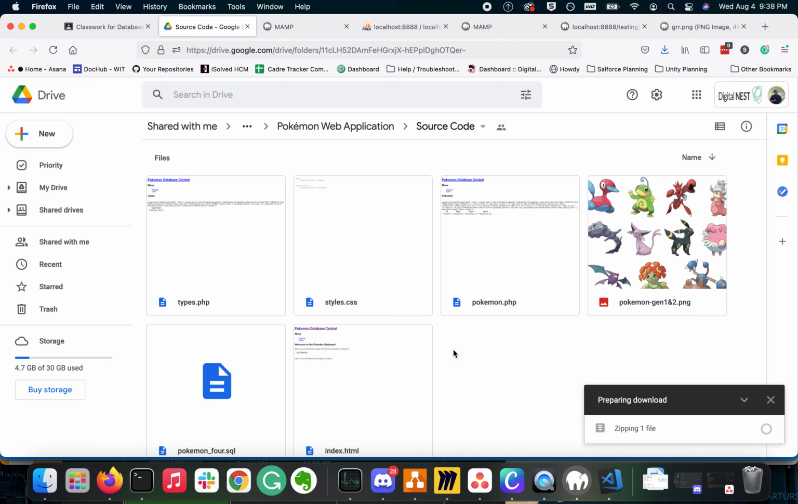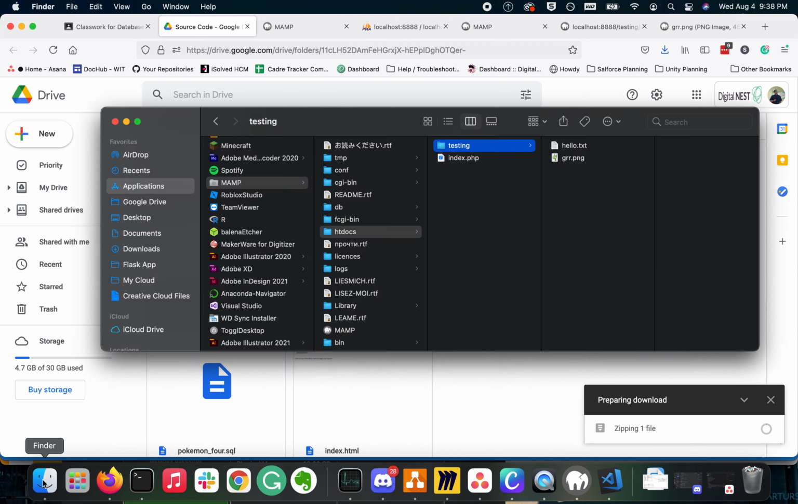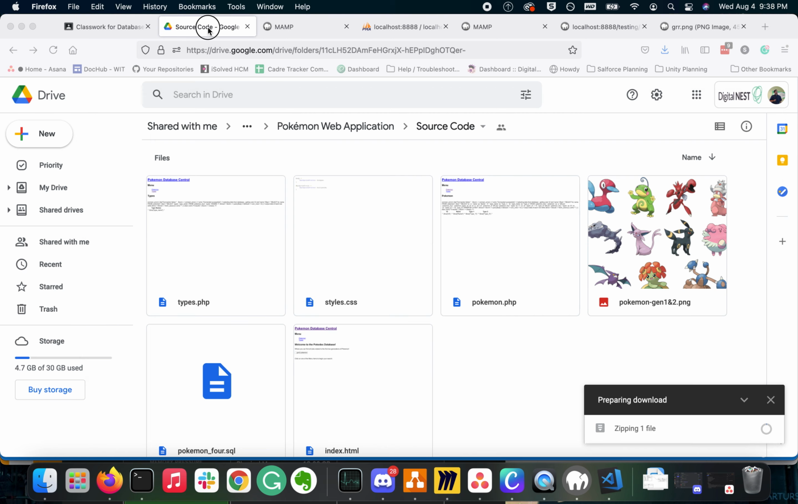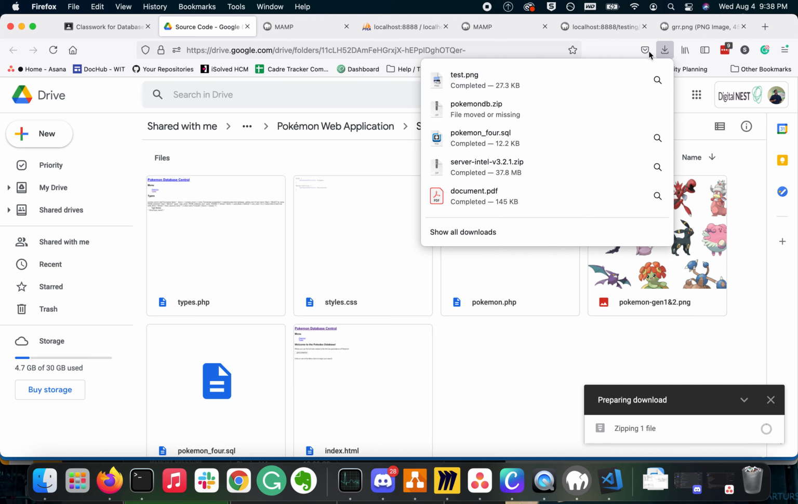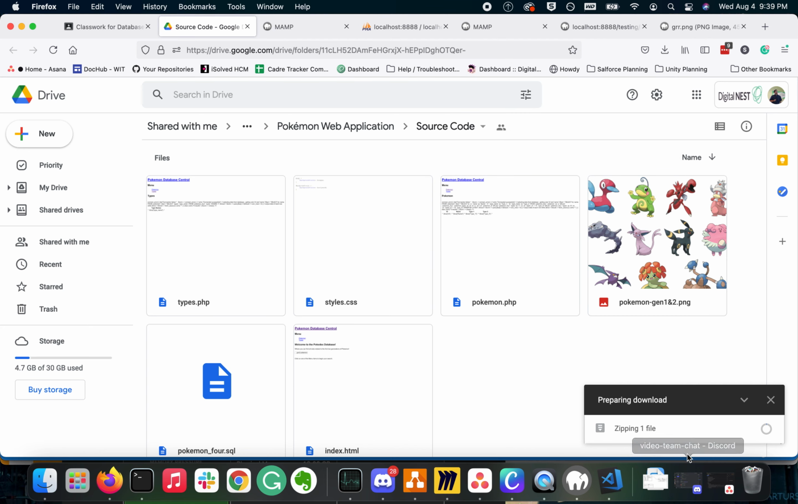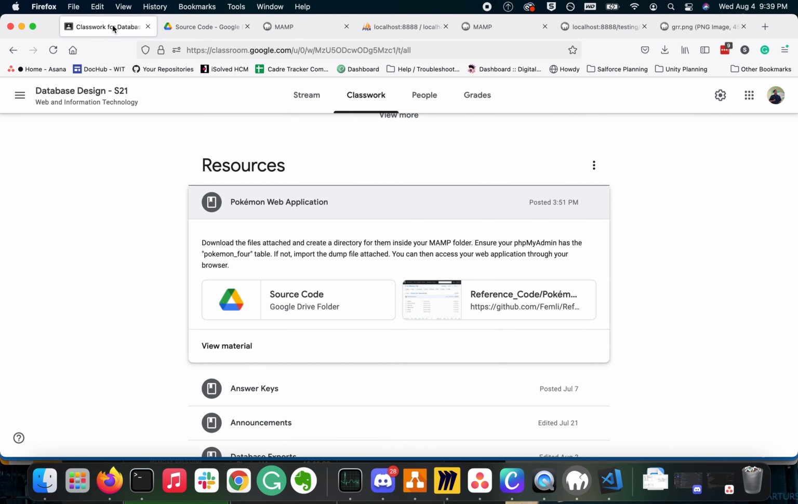And if it just starts downloading, it's probably downloading into your downloads folder. If it prompts you, I would go ahead and make sure that you download it inside of the htdocs folder. And for whatever reason, it's taking a while to download. I'm not sure what's going on there, but